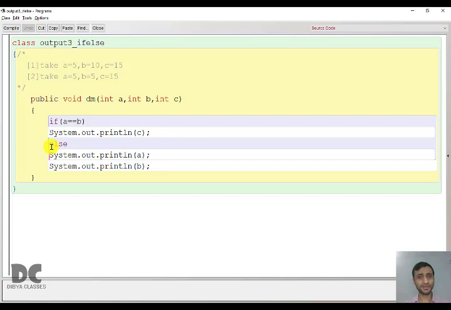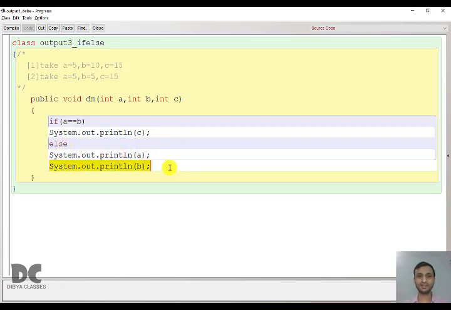How did I know? You can see I have not given any curly brackets. If curly brackets are not there, that means Java will automatically understand that there is only 1 statement inside it, because you cannot keep 2 statements inside else without any curly brackets. If there are 2 statements, you have to give curly brackets. Since no curly brackets are given, only the first print statement is present inside else.